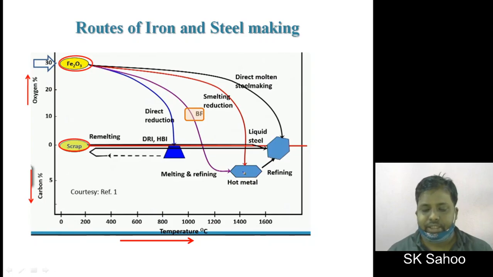On the y-axis, it's oxygen and carbon, and on the x-axis, it's temperature in degrees centigrade. You can find Fe2O3 that contains about 30% oxygen stoichiometrically. When we reduce Fe2O3 in the blast furnace, at about 1000 to 1100 degrees centigrade, in the dry state more than 90% of the reduction takes place, and the rest 5 to 10% in the liquid state